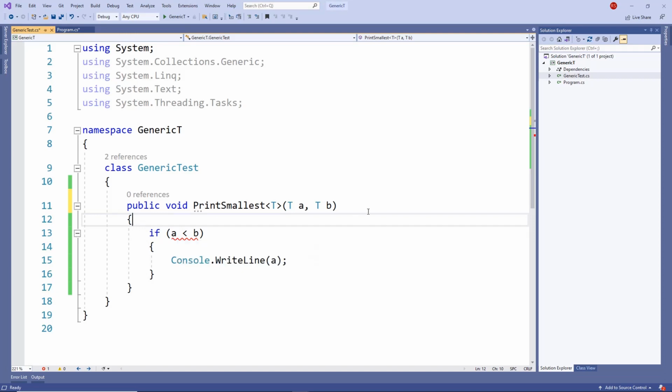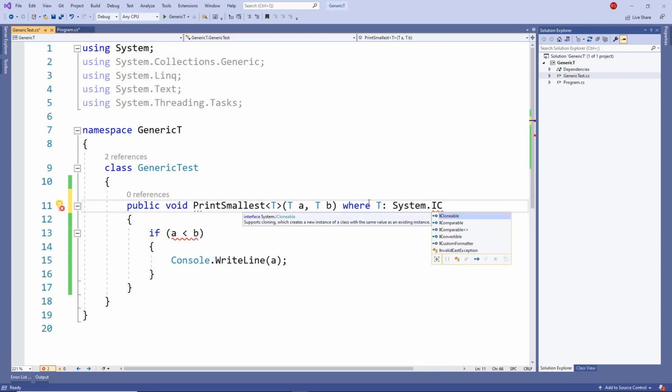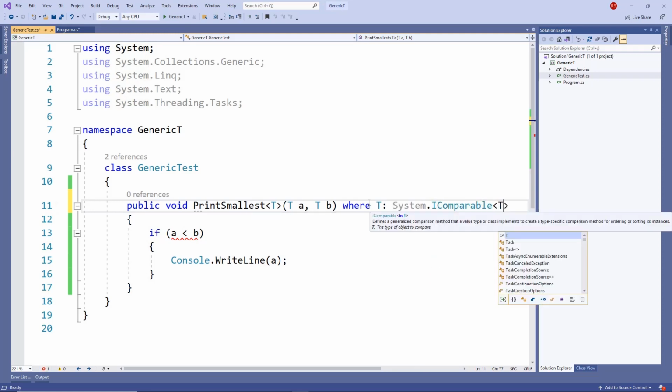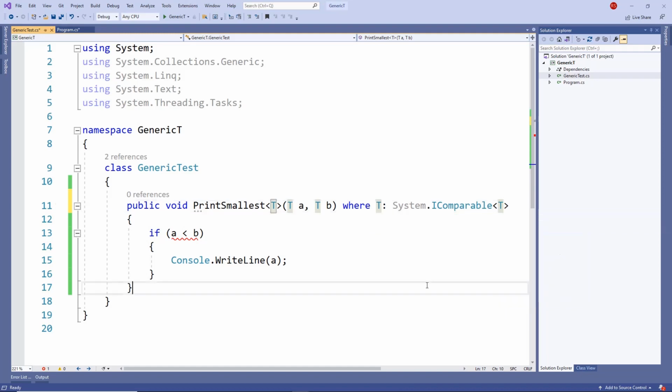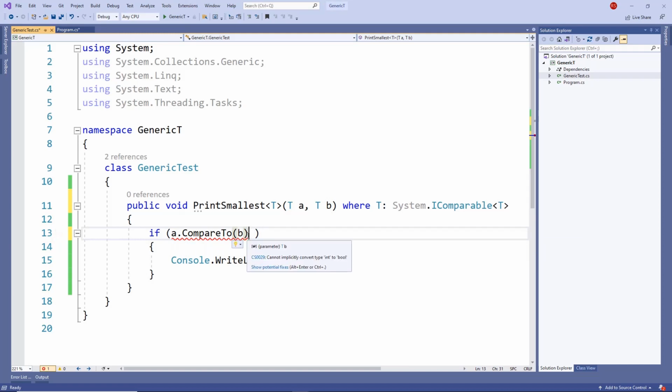Because of that, we need to use the comparable interface here. So I'm going to type here where T is System.IComparable. And now we can use the comparable to do this comparison. So instead of doing A less than B, now I'm going to do A dot CompareTo B. Now the CompareTo method returns